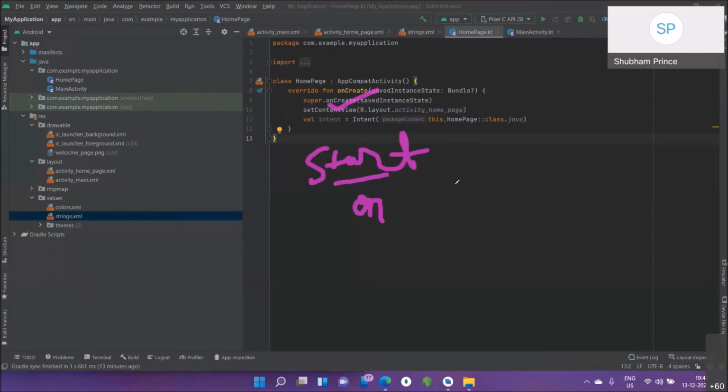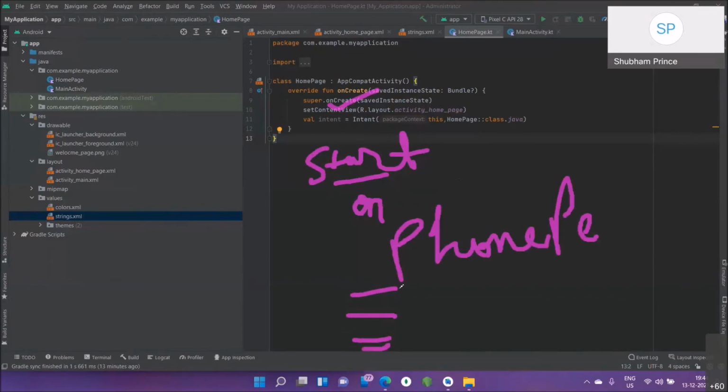Now when we are talking about onResume, what happens is that, for example, say you are going to pay some amount, you are buying something from Amazon, and now you're choosing some merchant from where you're going to pay, for example PhonePe. You have certain options, UPI and so on, and you choose PhonePe. So when you click on PhonePe, let's talk about onPause, then I can make it clear.